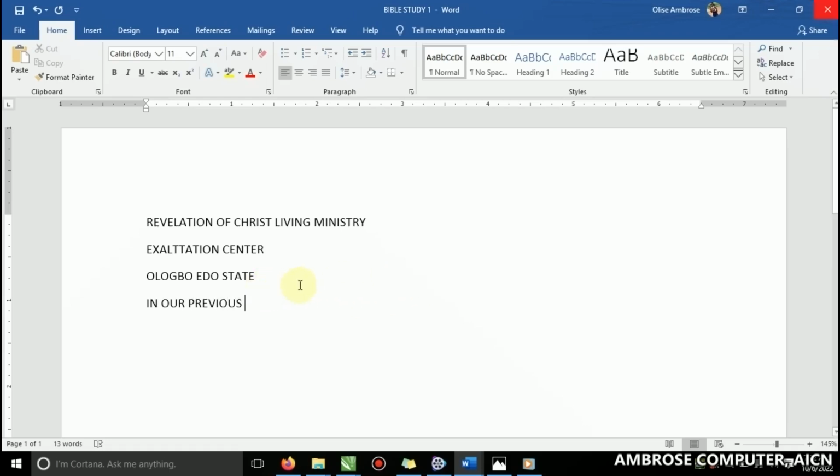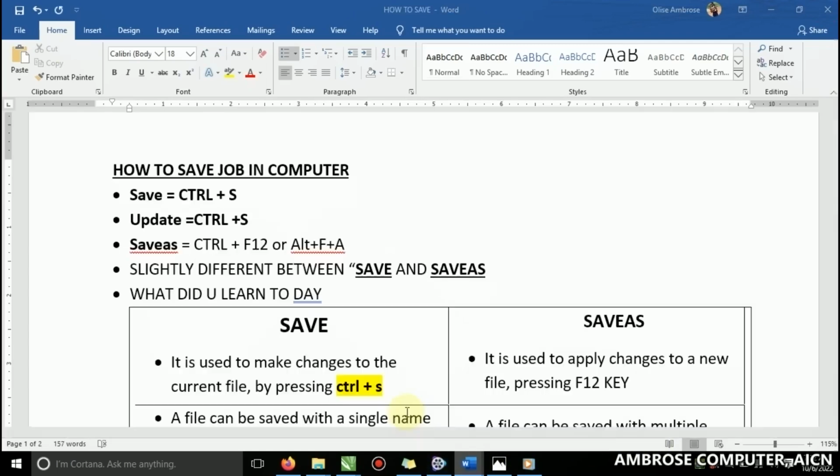So I'll press Ctrl plus S now. You are going to see something that will run very fast, showing you that it has updated. It's updating, I'm to say. So I press Ctrl plus S. You can see. So what we are trying to explain is that as you continue to type, whatever the job